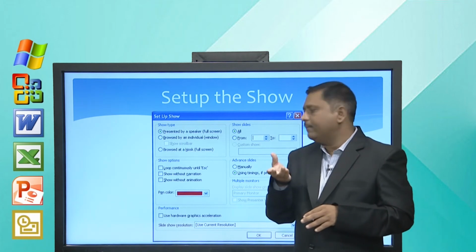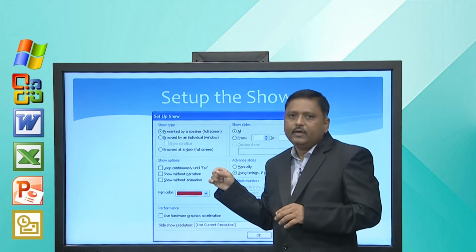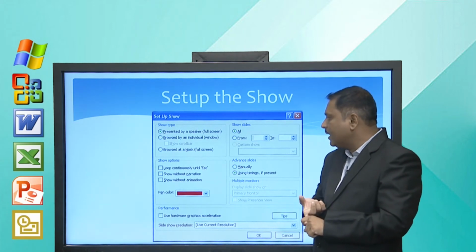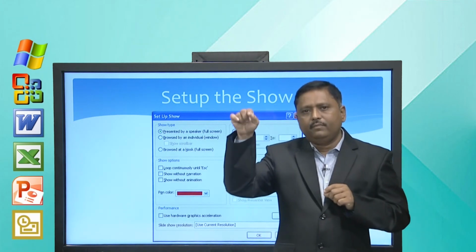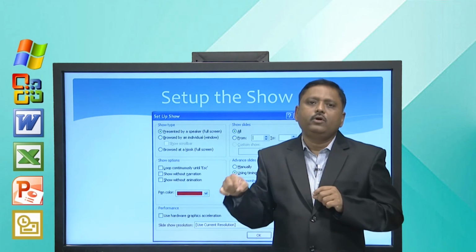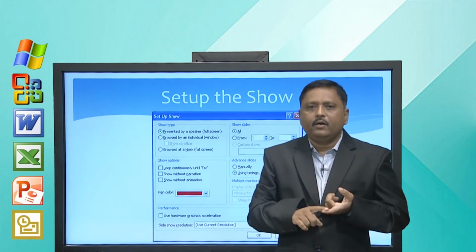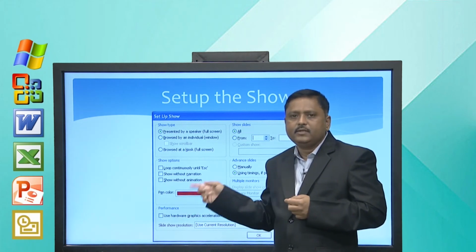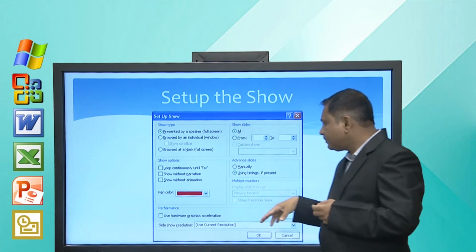starts from the beginning. And show without animation, if it is ticked, then all animation effects are not shown to the user. And you can also write on your slideshow to explain the content, and for that you can use the pen. Here we have the pen color as red. You can always change this pen color to write something on the slideshow.